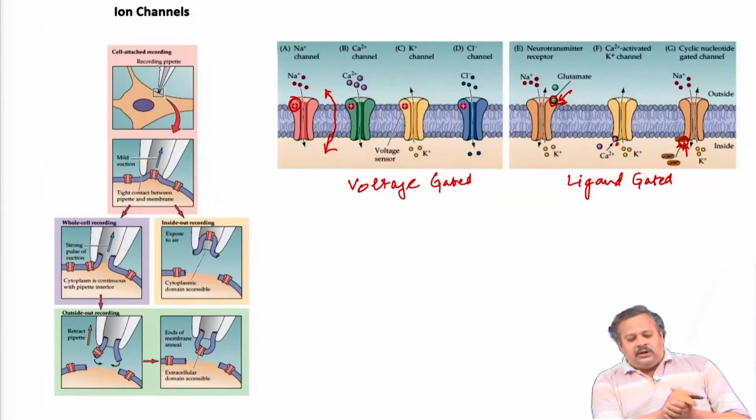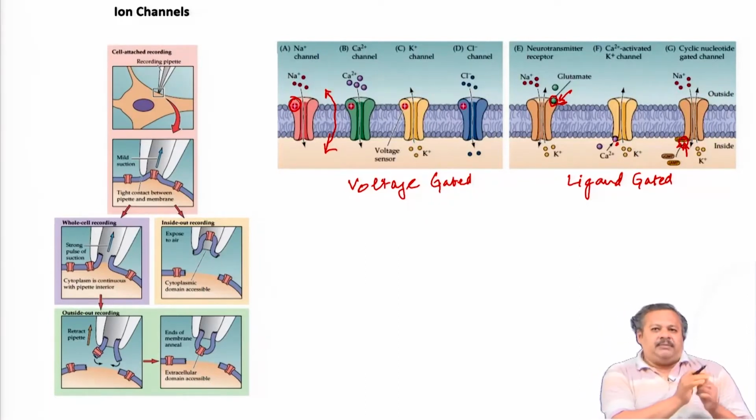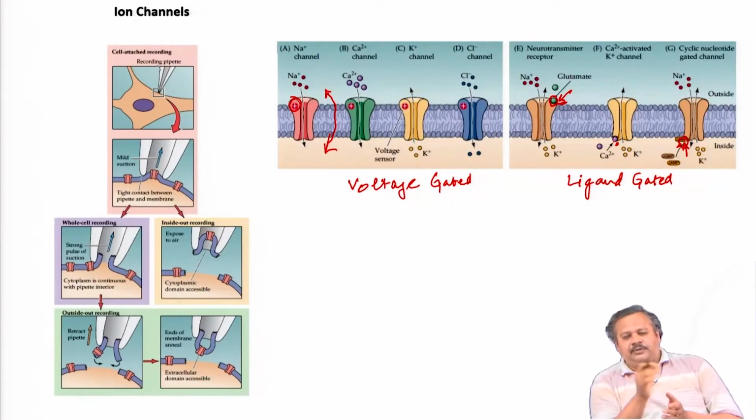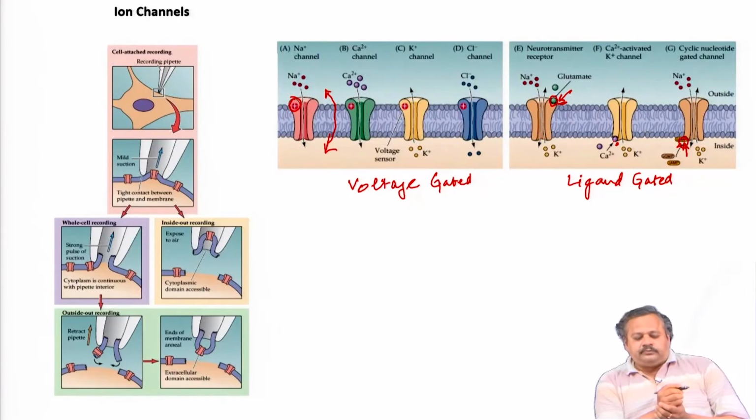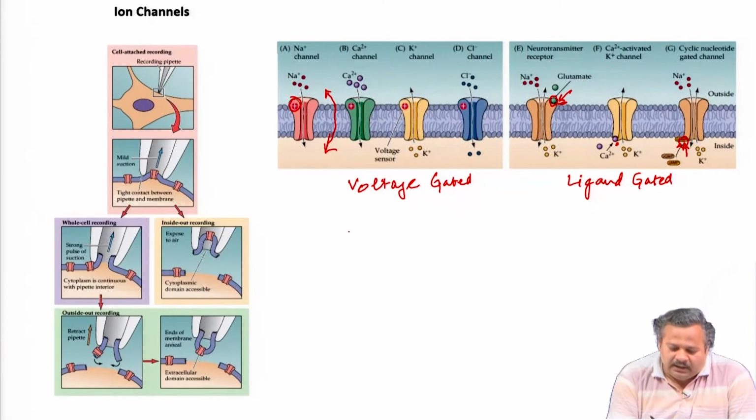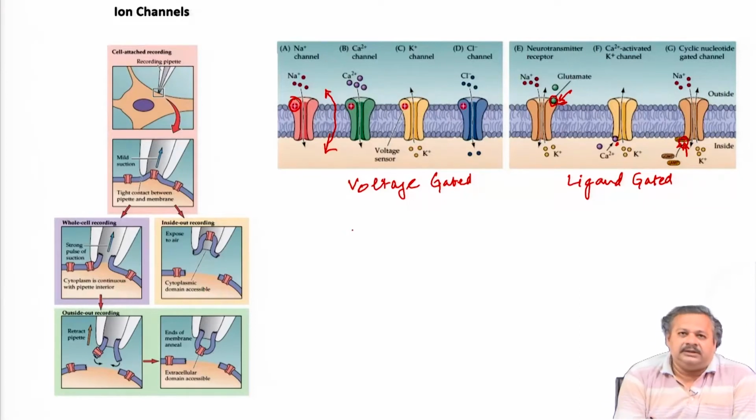And also the voltage gated calcium channel, we will see, comes into play in the synapse as well on the presynaptic side. It has a role to play in terms of neurotransmission. So, if we consider, let us say, somehow we are able to measure sodium currents in a neuron, let us just assume that,